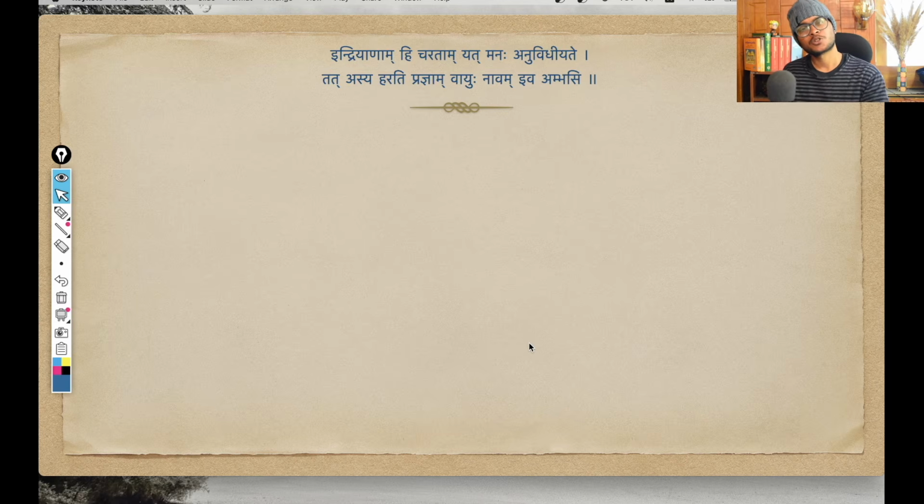Okay, so this particular shloka is connected to the previous shloka. How so? In the previous shloka, Krishna said, Ayuktasya buddhihi nasti, that for an unsteady person, there is no knowledge. So that is all of us who are operating in this world, just fulfilling the whims and fancies of our senses. We are just living a sensuous life, trying to chase one sense experience after another and hoping for an everlasting happiness. So this is a story of all of us. That is what this Ayuktasya buddhihi nasti means.